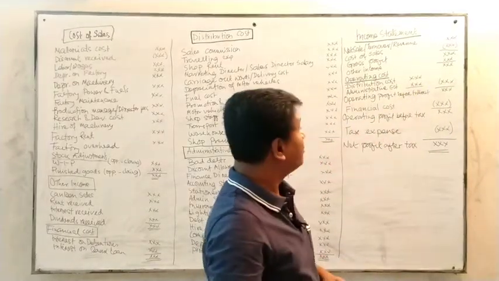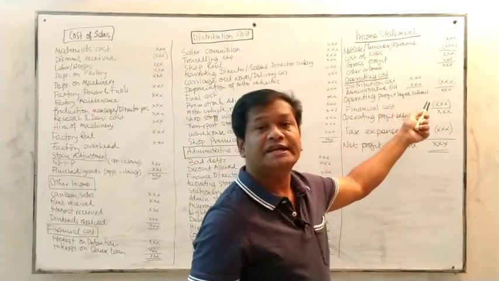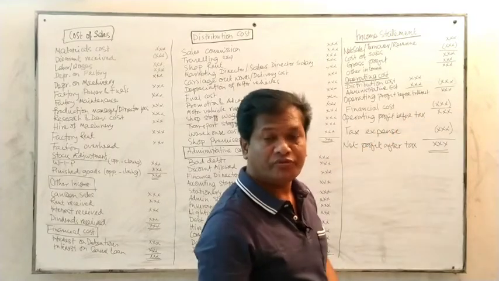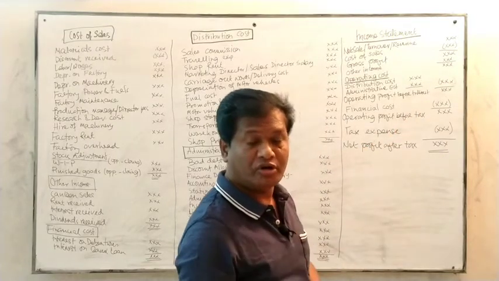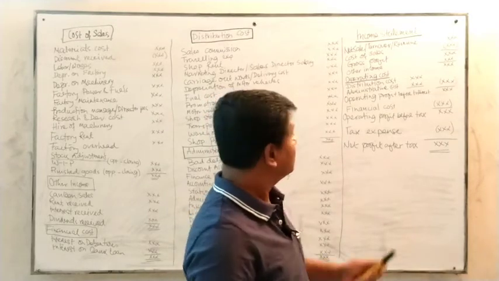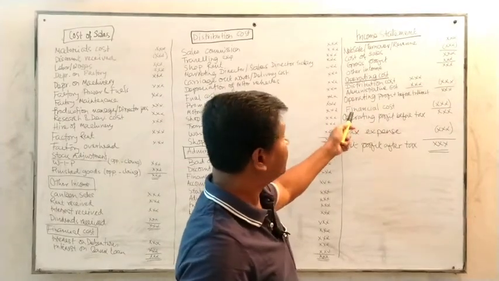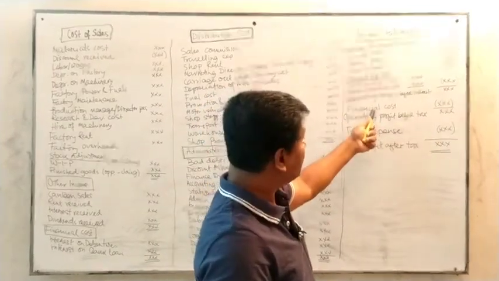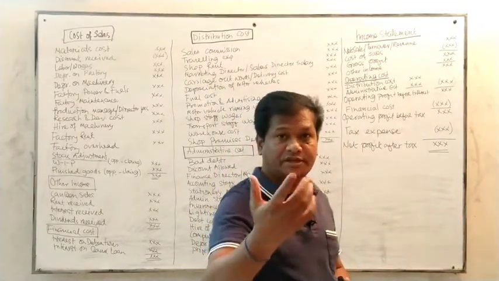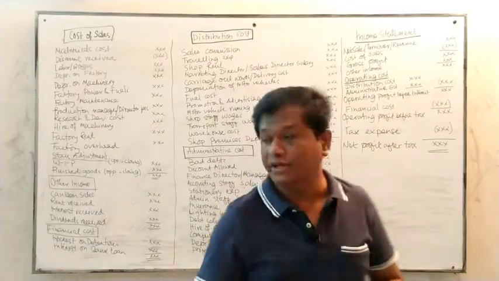Total gross profit. The figure you got, this figure is said to be the operating profit, or ordinary activities profit before interest and taxes. From that figure you have to subtract the financial cost. Financial cost means whenever you take some loan, or some debenture is sold, their interest, which is already calculated over here.